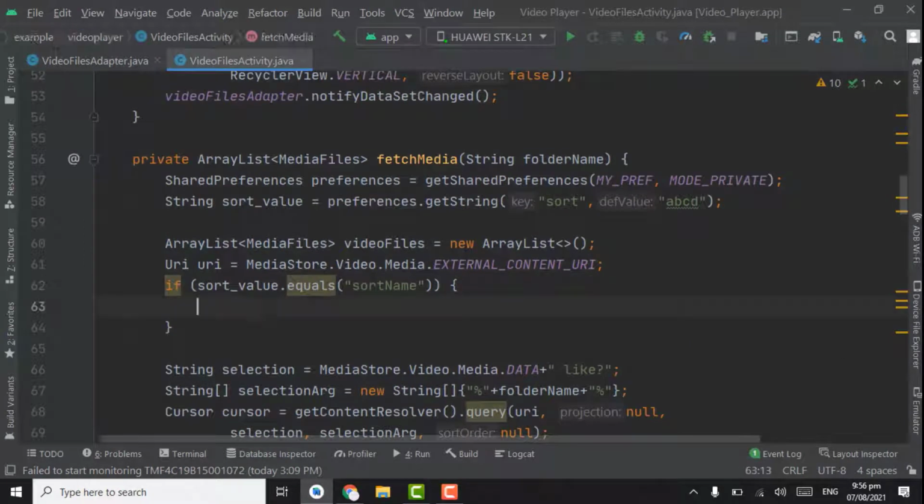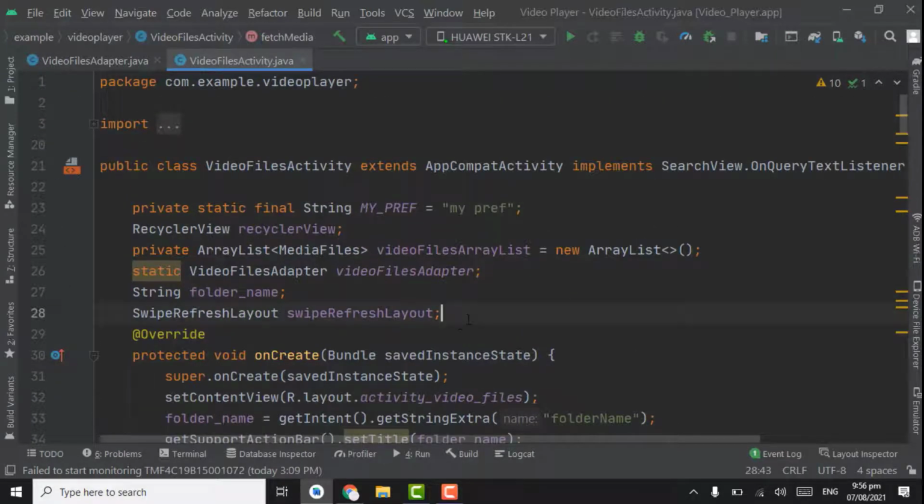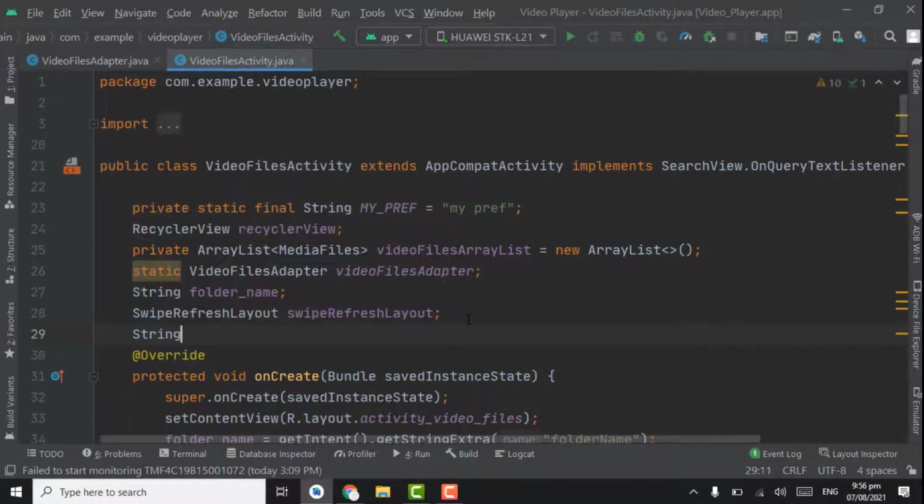Now for sorting the video items from A to Z, we have to first create a string variable that will be a global variable, string, name it as sortOrder.